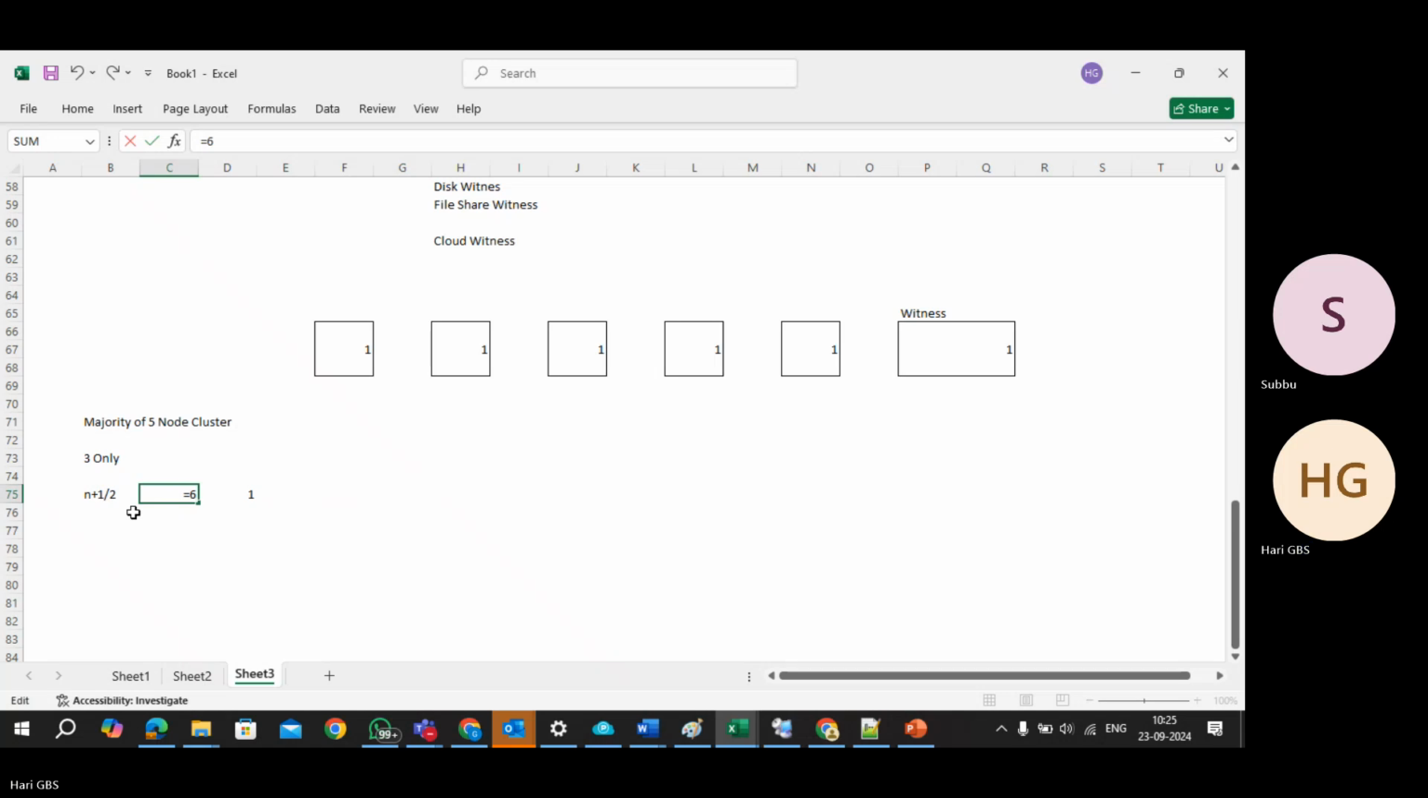Six plus 1 by 2 equal to 3. Okay, so this is a 5-node cluster, right? 5 plus 1 by 2 equal to 3. Okay, 6-node cluster